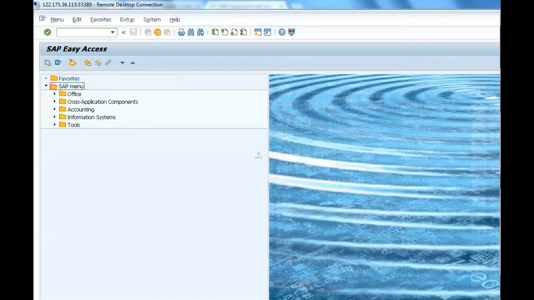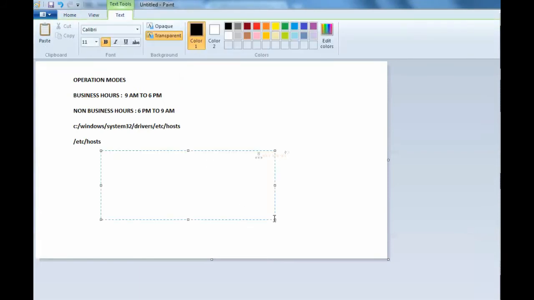Operation modes: for example, I have created two operation modes. The operation mode names are day and night. For day, I have maintained the timeline. We need to tell the system this is the time frame for my operation mode day, and this is the time frame for my operation mode night.